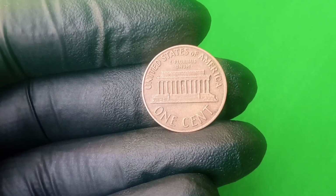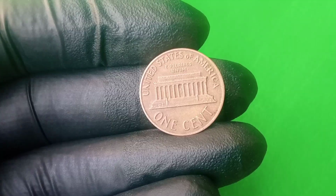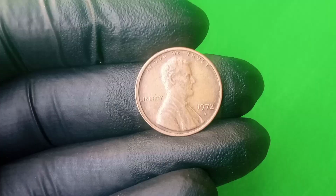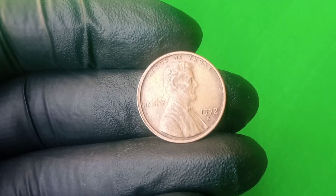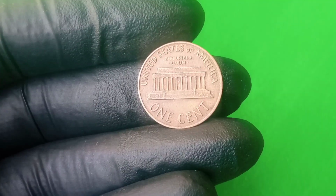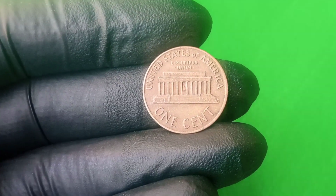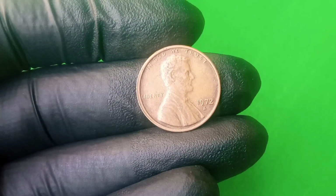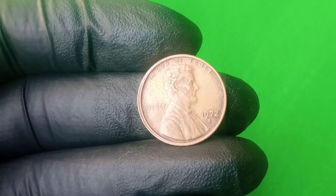To understand why the 1972 penny is worth millions, we first have to go back to the year 1972 itself, an era when the US Mint was operating at full capacity, producing billions of coins to fuel a growing economy, with the Lincoln cent being one of the most frequently struck coins of the decade. The S Mint mark stands for the San Francisco Mint, a facility known for producing proof coins with incredibly sharp details and mirror-like finishes that were intended for collectors rather than general circulation. But during this period, the Mint also produced a limited number of circulation coins that somehow made their way into the public. What's particularly fascinating about the 1972 cent is that a handful of them show a collection of anomalies that should have never made it past quality control, yet they did,